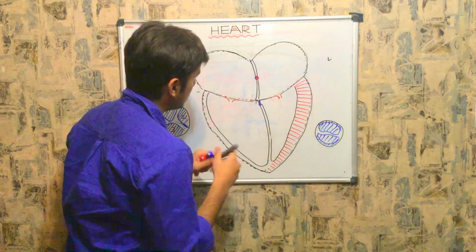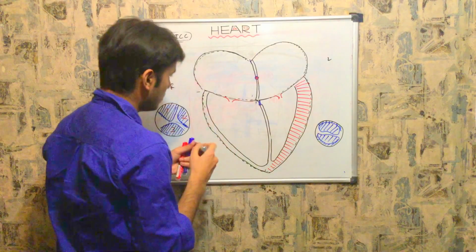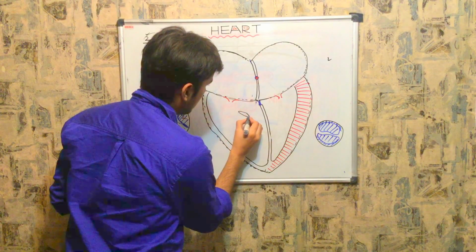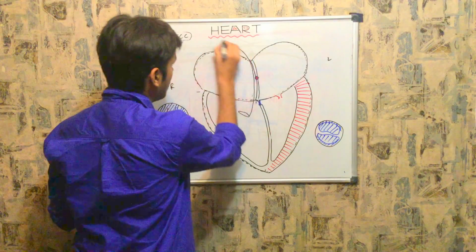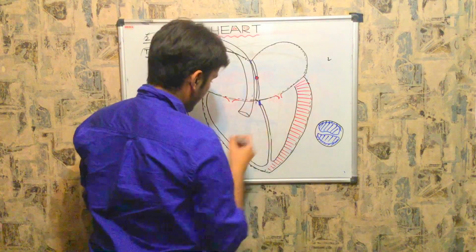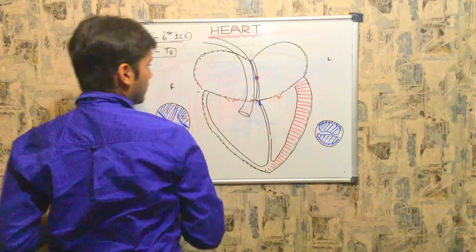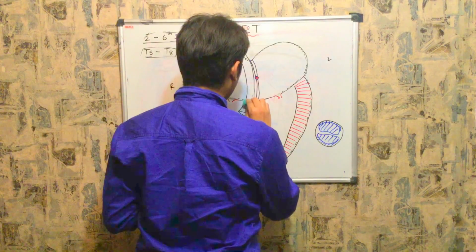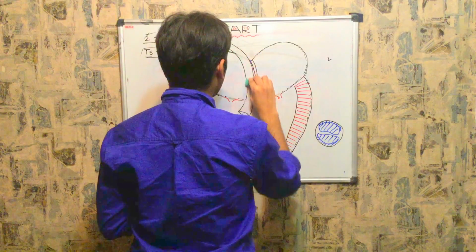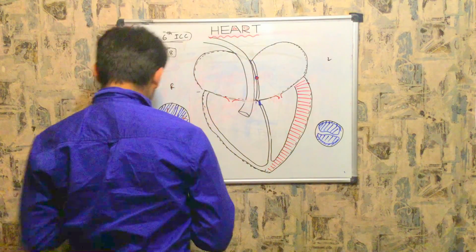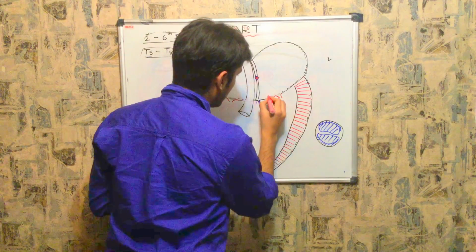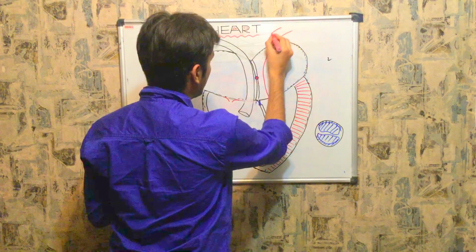So suppose this is your pulmonary aorta, right? And on your left side you have your systemic aorta,